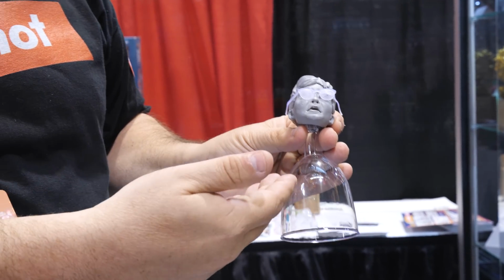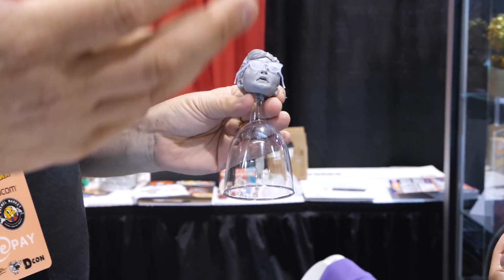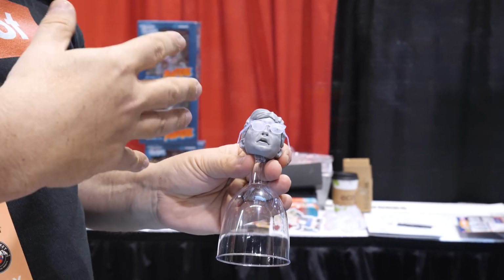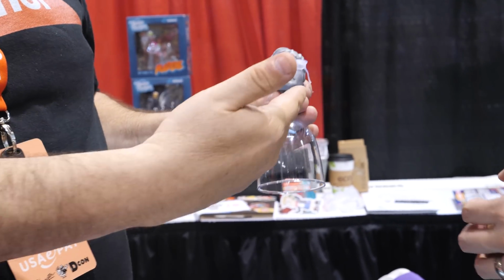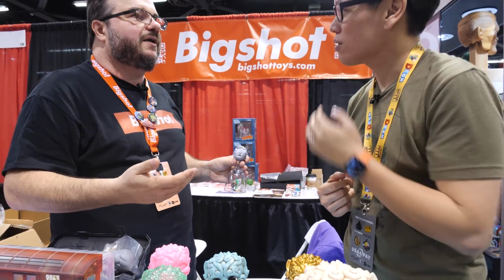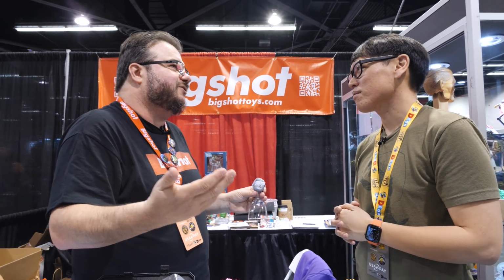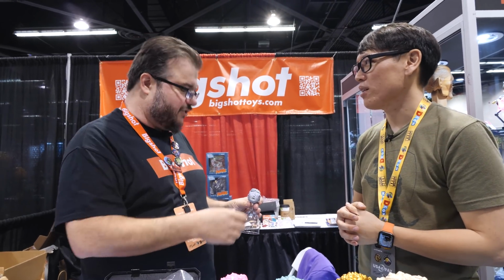sculpted Ralphie from Christmas Story. So he took a body file that I gave him, he printed it out, he made a rabbit suit for it. It was freaking hilarious, but he just didn't have time to finish it for the show, so he just brought the head in. But basically you just take this body, snap this head on, and adjust it any way you want. So it's fun, it's not everybody can do it, but everybody's a do-it-yourselfer now anyway. Kids are learning this stuff faster than you can generate the...